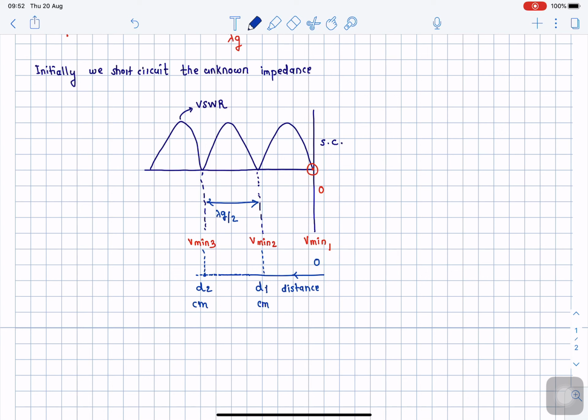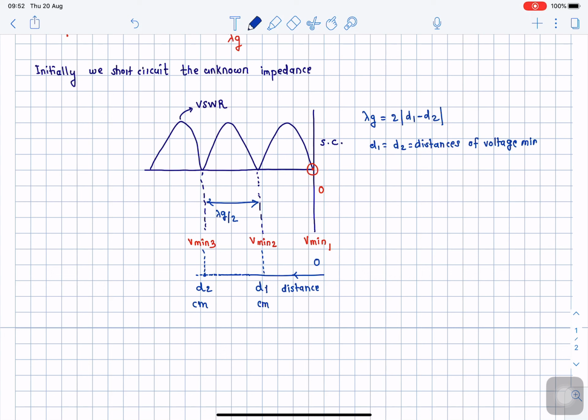So here the guide wavelength lambda g is equal to twice the absolute difference between d1 and d2, where d1 and d2 are distances of voltage minima,